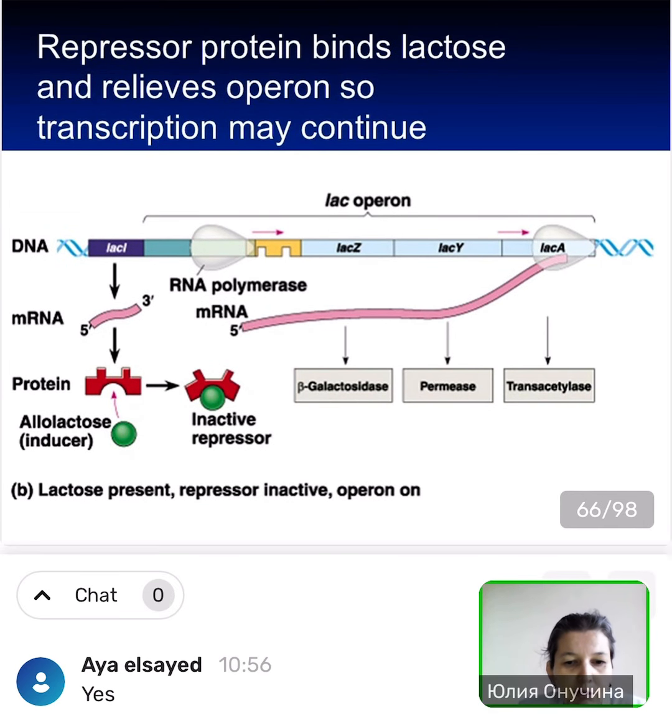So the next stage, when lactose is present in the environment, the regulatory gene will produce an inactive repressor, which is closer in structure to lactose than to the operator. Now RNA polymerase may move along the genes and create 3 proteins. You see galactosidase,